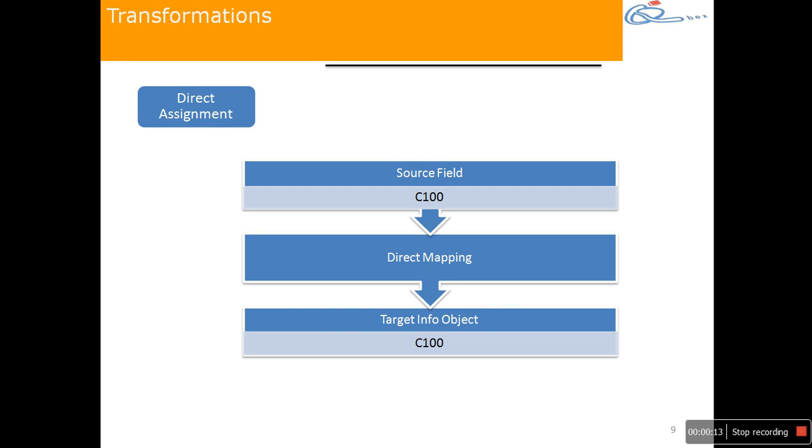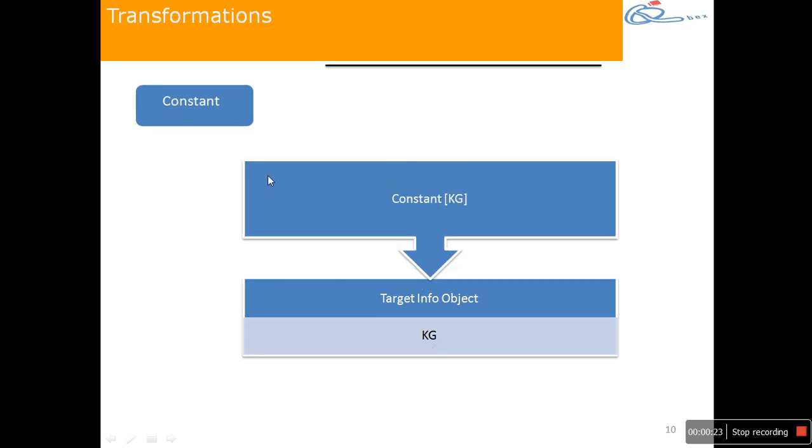Okay, in detail, direct assignment means whatever value we have in the source field, the same thing gets into the target without any modifications. Constant data is nowhere worried about the source object, it just takes a fixed value for every record. Initial value: when I don't map anything, it takes blank.